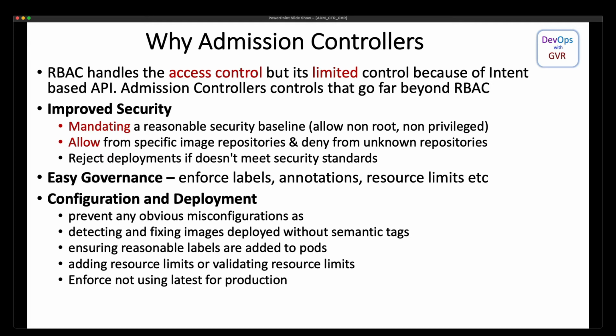Say you are trying to deploy some images with tags. I want to deploy with proper tagging, or I want to ensure reasonable labels are added to the pods, as just explained. Another one is adding a resource limit. You can specify the resource limit and validate it as well, and also you can enforce against the latest tag for production.